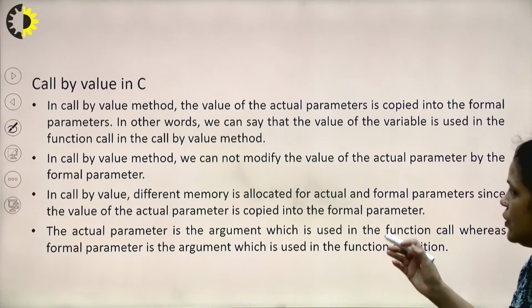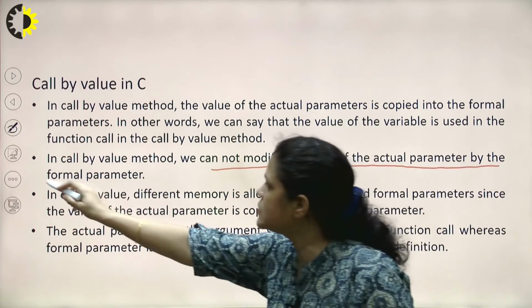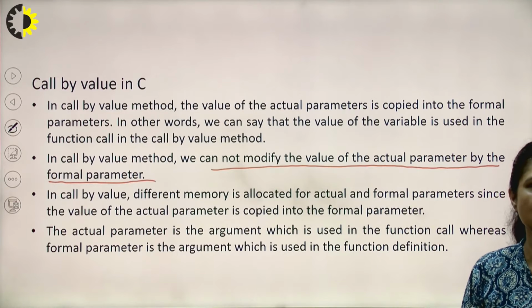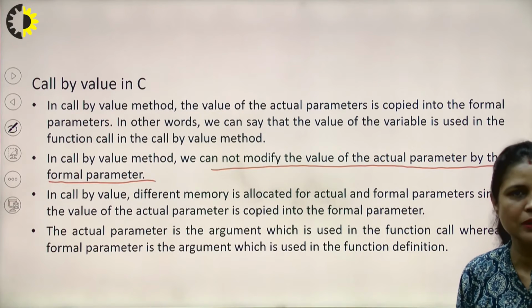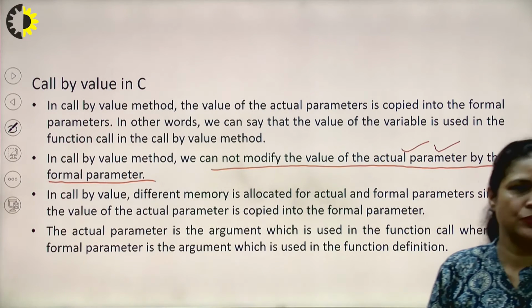In call by value, we cannot modify the value of the actual parameters by the formal parameters because the function definition works on the formal parameter only. So the actual parameter will be untouched.